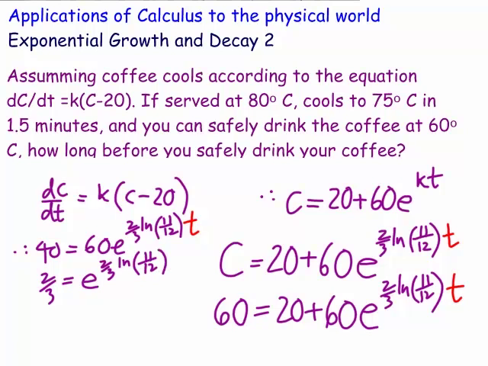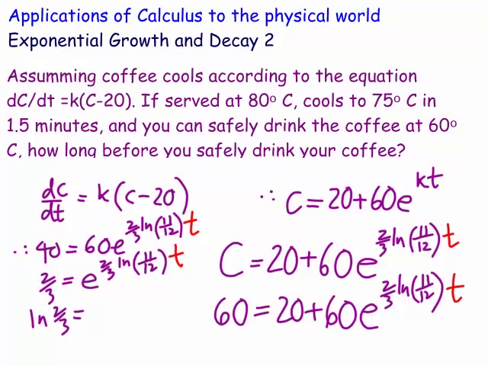Now we need to get this down to get the value of t, so we need to take the logs again of both sides. So ln 2/3 equals, taking the logs again, this power comes down, and we get ln of